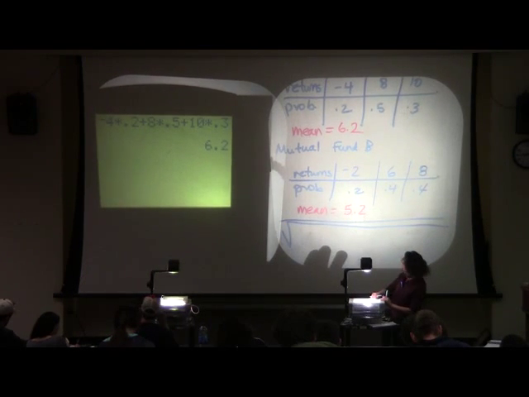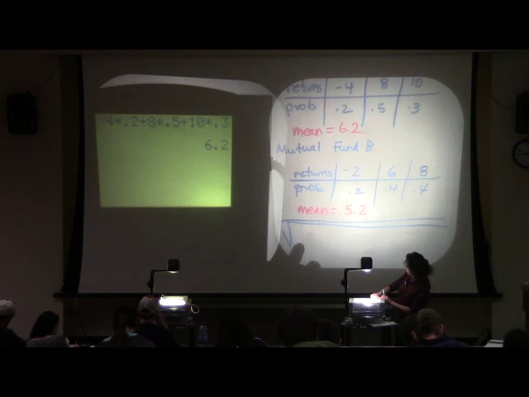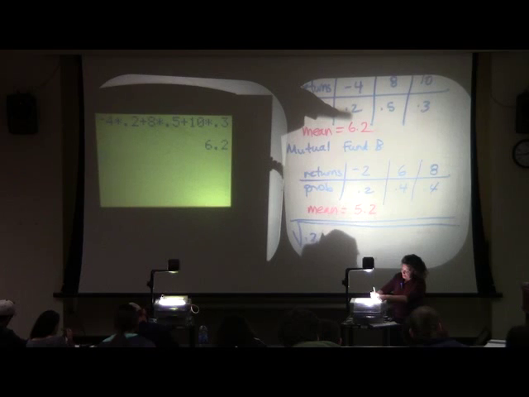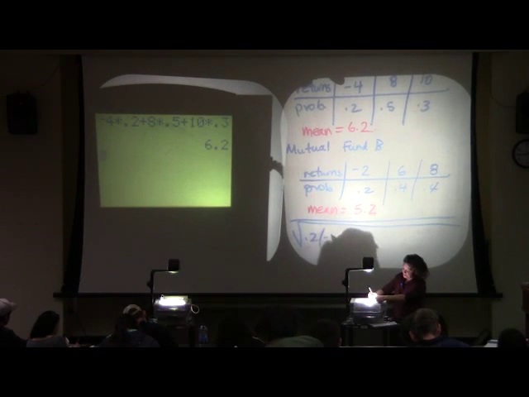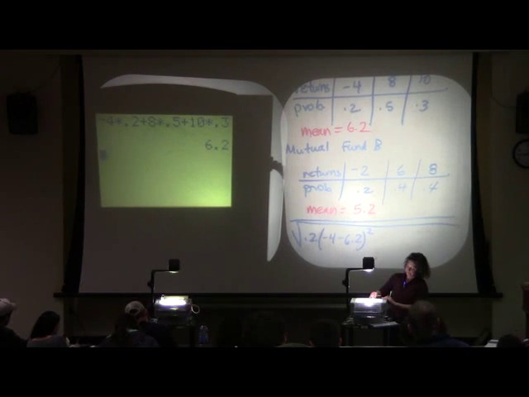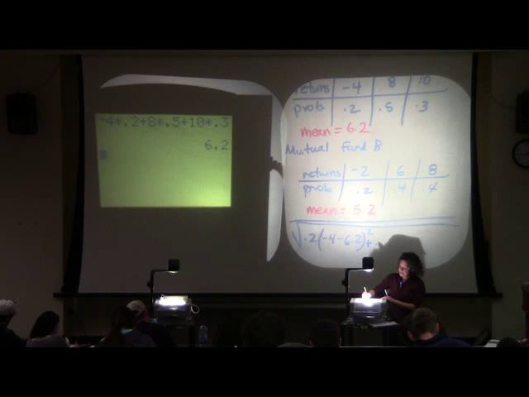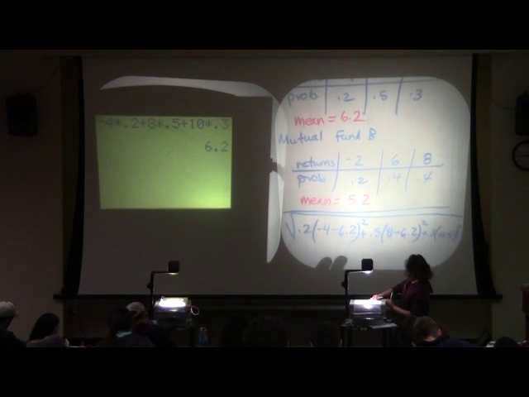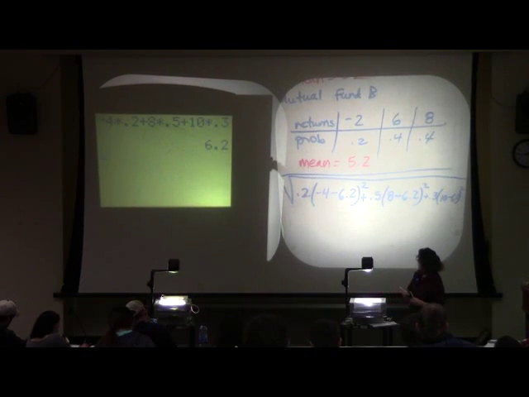here's the formula for it. You take the square root, you take the first probability, then you take the first x value, you subtract the mean, and you square it. Then you take the next probability. You take his x value minus the mean, and you square it. And last but not least, we'll do that to our third term. So do you see how I plug that into my formula?